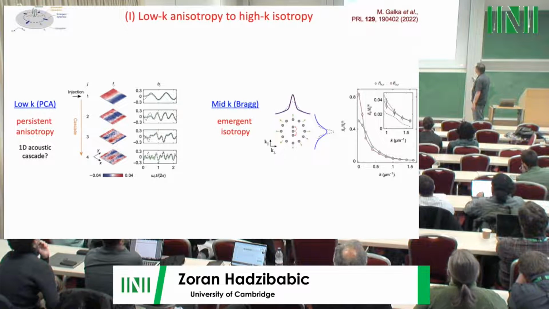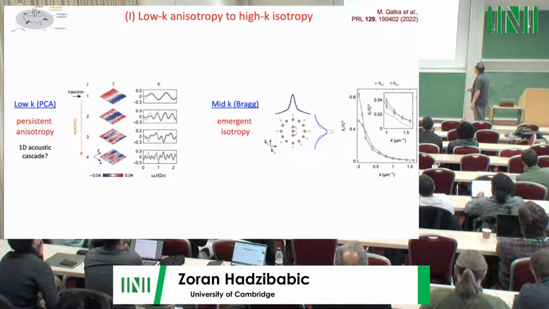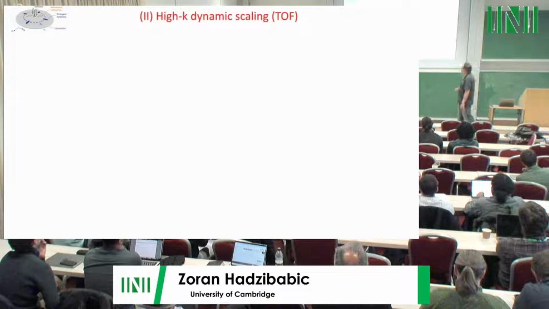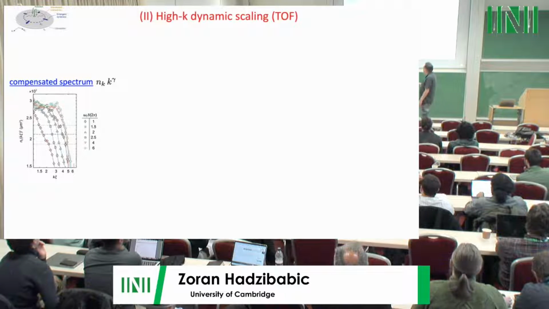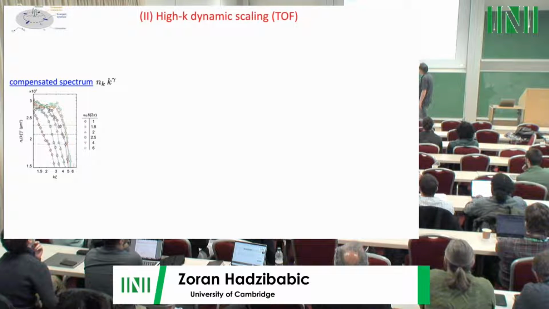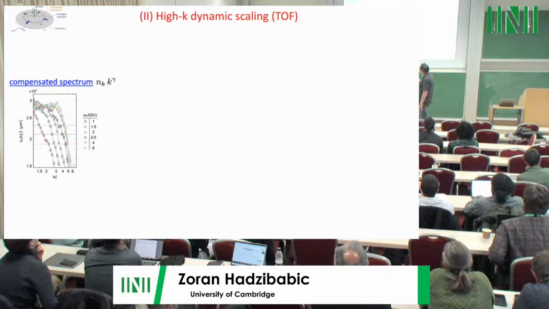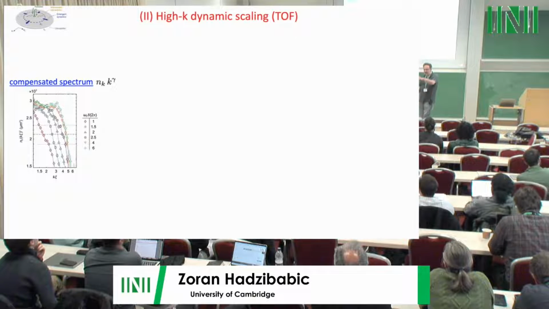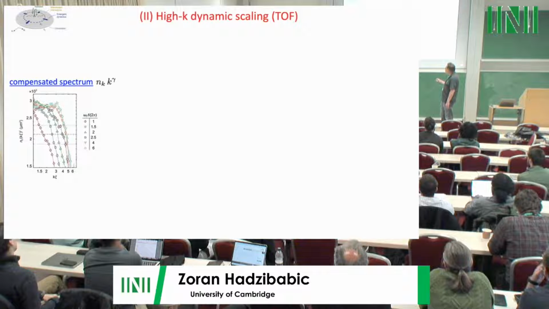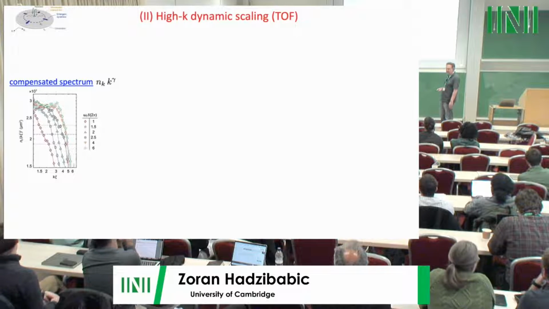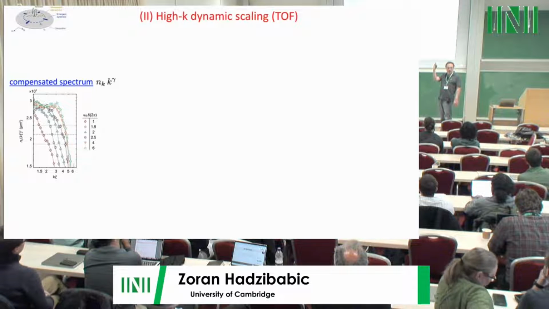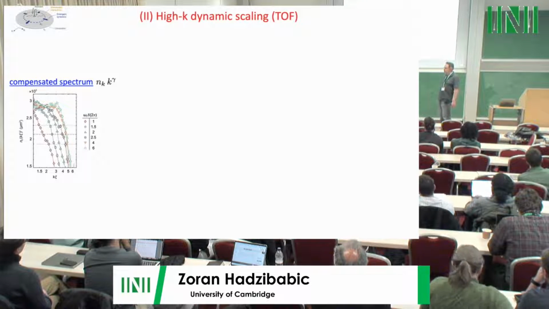So we had something anisotropic. Now we know it has become isotropic above some K, and then we switch back to time of flight. Now the momenta here are high enough to be isotropic, but they have not reached the dissipation scale yet. What I'm showing is the compensated spectra, which means I just multiply n_k by k to the gamma. So the top is flat, and you can see how the cascade front propagates from left to right. These are different times. It propagates, and then at some point, the times are different, but the cascade front looks the same because it has hit this invisible wall, which is the dissipation scale in our system.